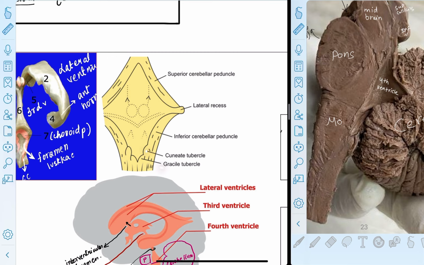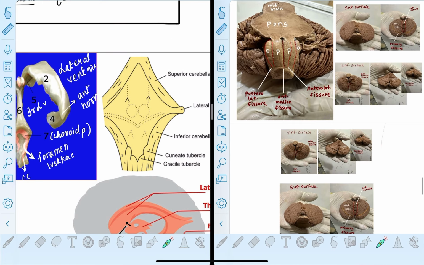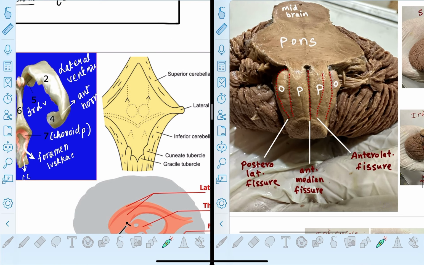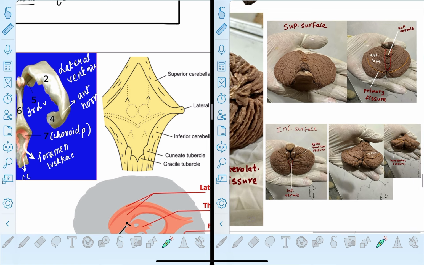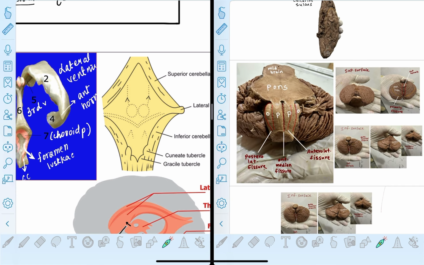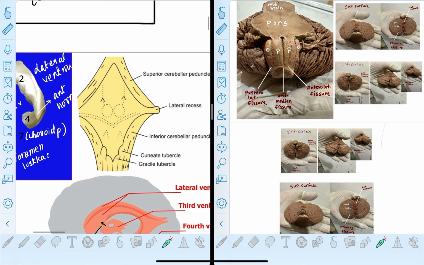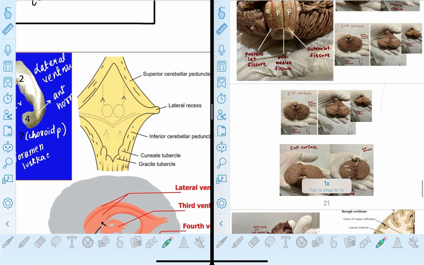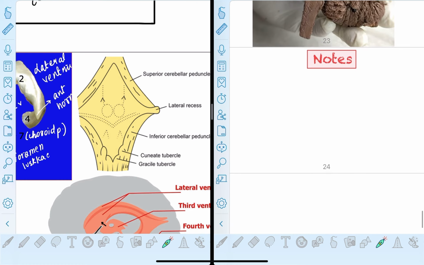One of the elevations is the cuneate tubercle. You might have studied this before, or even in the notes of the written exam, about cuneate tubercles and gracile tubercles. Okay, so